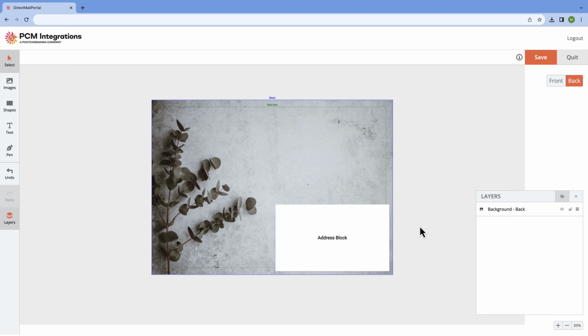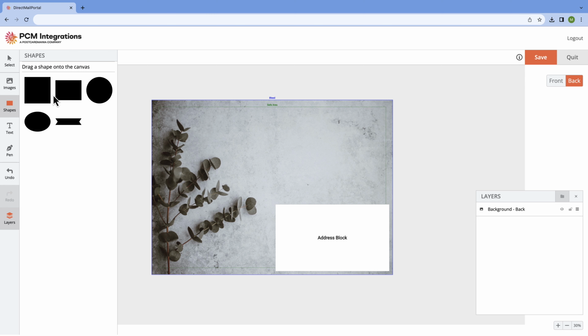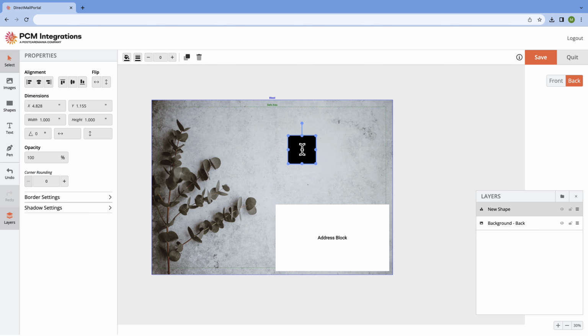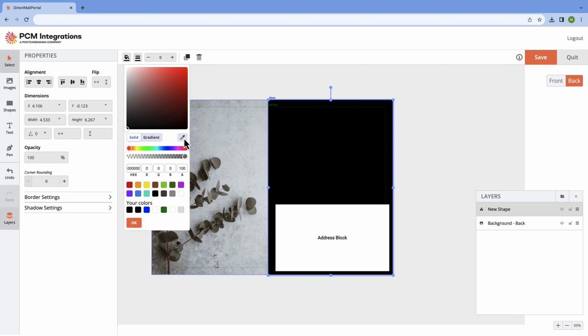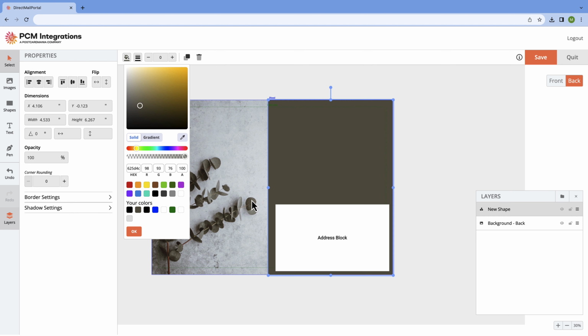And now I can put together the rest of this card. So I'm going to use a shape here, a square. I'm going to drag it now to the size that I want, which is roughly half of the postcard. So there we go. Make sure it covers the bleed line. Just about there. Then I want to match its color to the leaves on that image. So I'm going to click on this color finder icon again. Scroll over the leaves and find the color that I want. And there we go. So now this square has exactly the same color as the leaves,